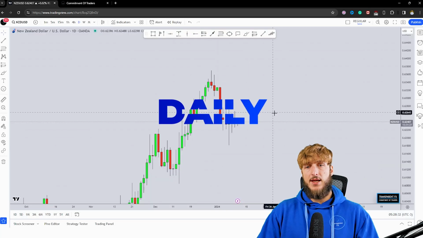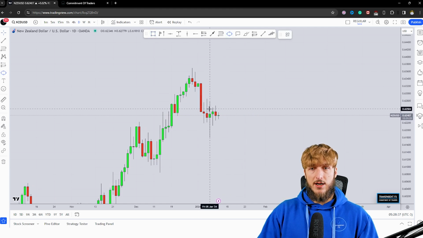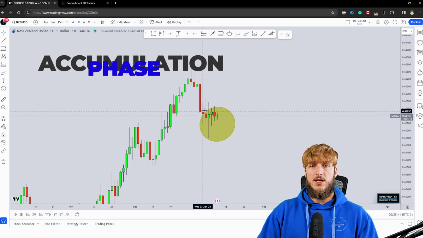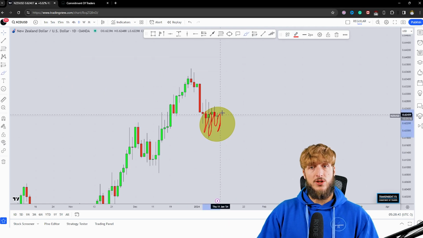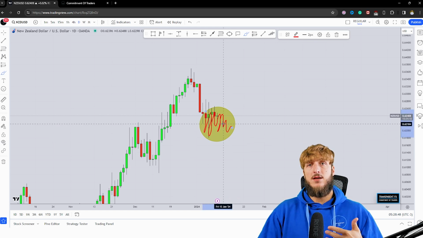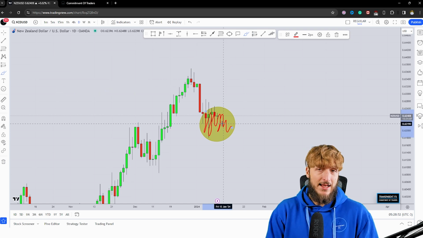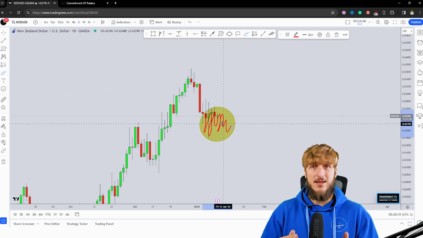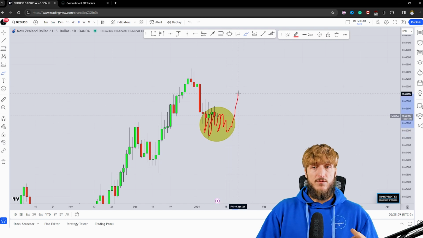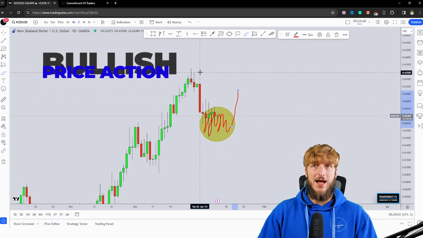Now, keeping that in mind and moving to the technical side of this market, what we can notice is that the market here has just entered inside of this accumulation area. In fact, we can see a lot of horizontal price action. If this will continue, there is a high probability that inside of this area, we're getting more institutional longing, considering that, as we have already identified from a weekly perspective, this is a confluence of support zones. So at that point, we would have even more probabilities for a potential rejection to the upside away from this